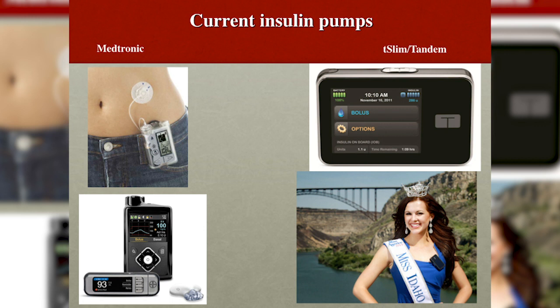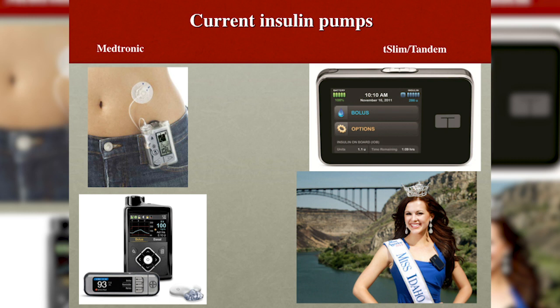So this is the most current Medtronic pump. It actually links with the meter. So if you do check your blood sugar, it automatically beams into the pump. This is the Medtronic sensor that I showed you before. It also wirelessly transmits all the data into the pump and shows you on the screen.